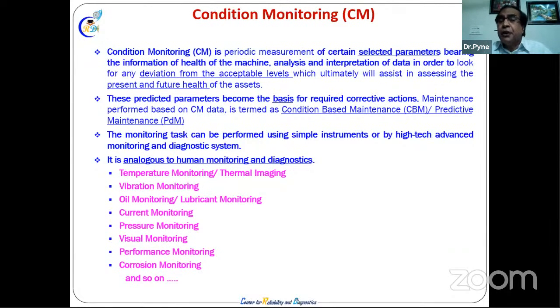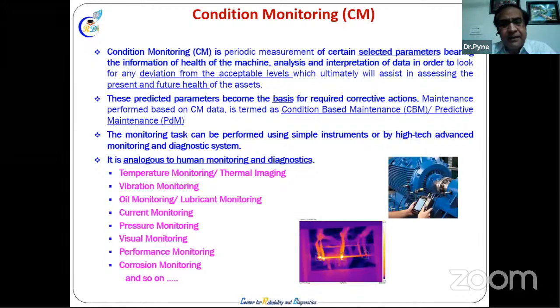There are dedicated instruments, structure, all the things are there. What are all these things for? This is all for maintaining the equipment the right way, so that our energy consumption is less and our productivity also increases. Some people are already thinking about this, and there are case studies available where people have used this and got energy savings. That's why I want to give you a little idea on this.